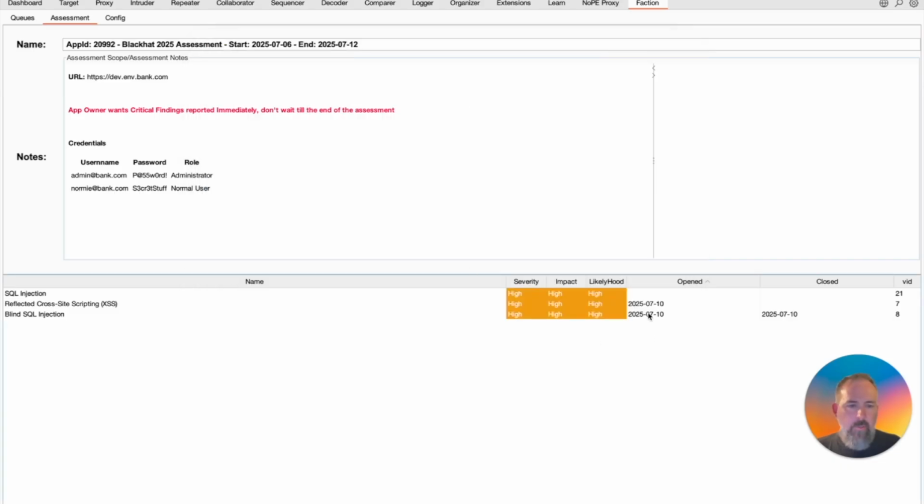One thing you'll note too is you'll see that these have an opened and closed date. That's because these are from a previous assessment. So this also helps you see what's been assessed before, what were the findings in previous assessments, and help you figure out where you want to focus this next assessment. Also look at what worked in the previous assessment to really make it easier to